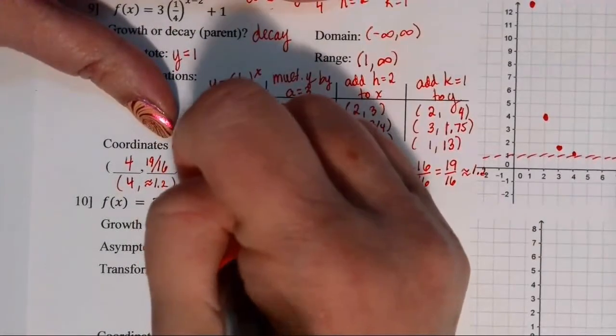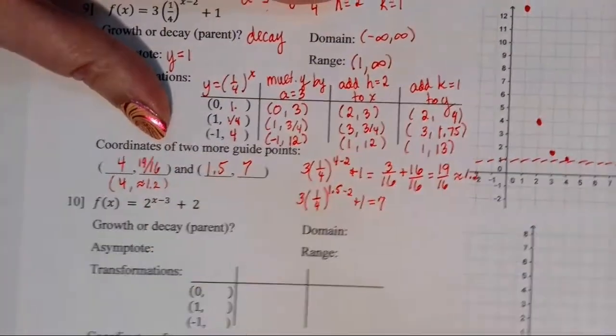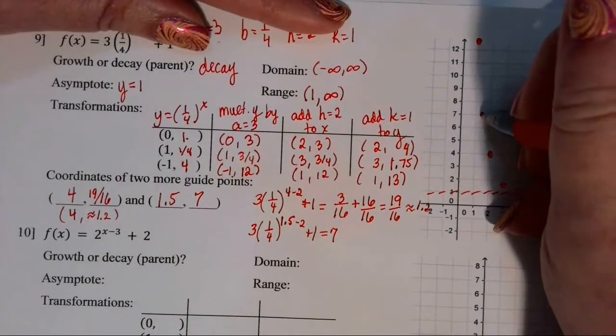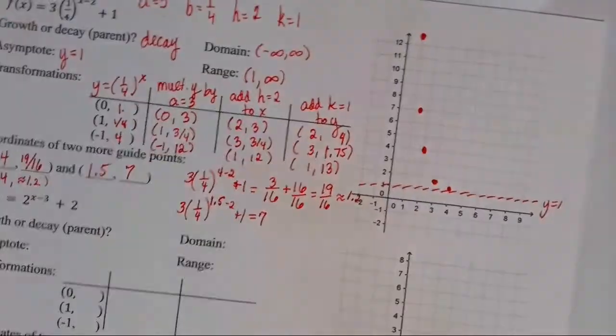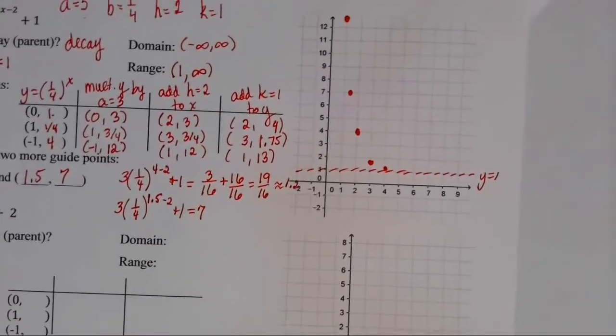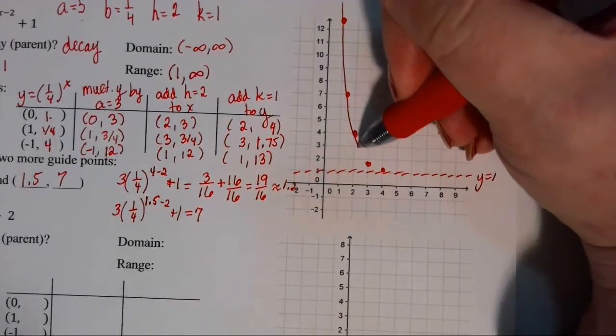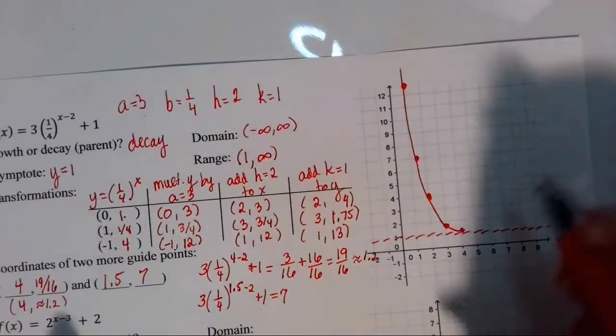So we can plot that point, 1.5, 7 on the graph. And then we have enough guide points that we can sketch a pretty accurate